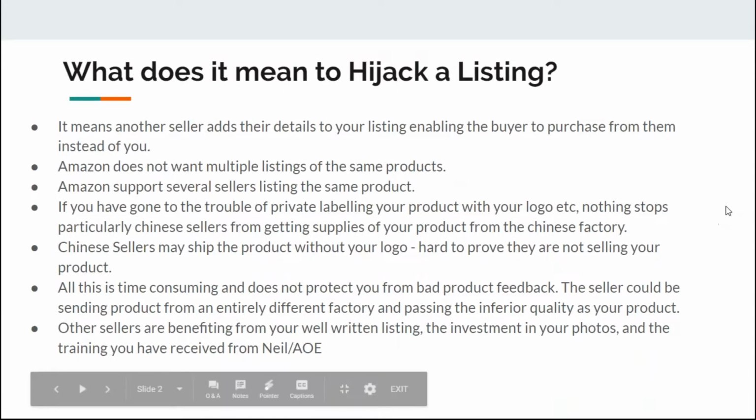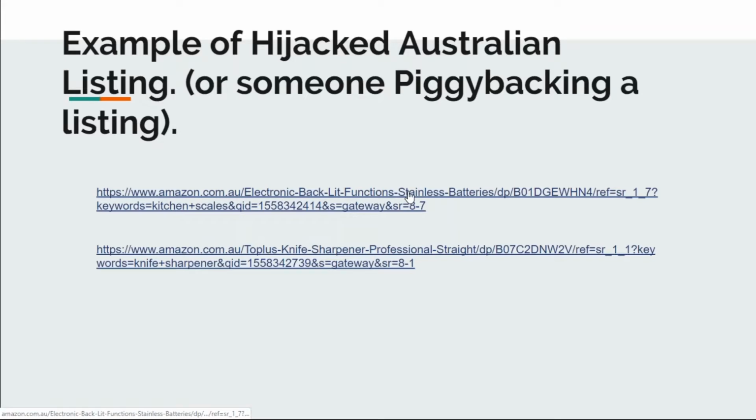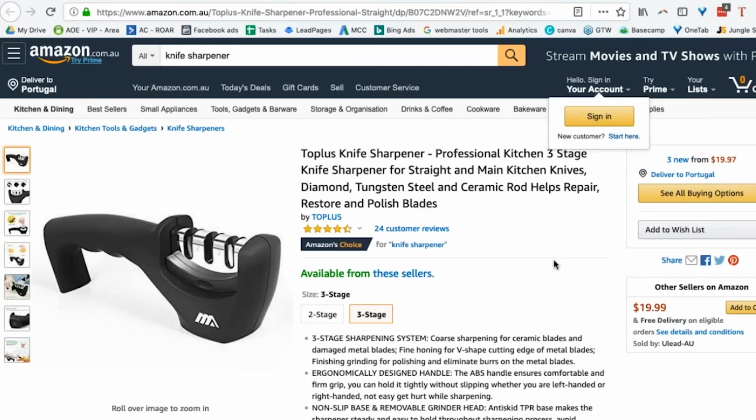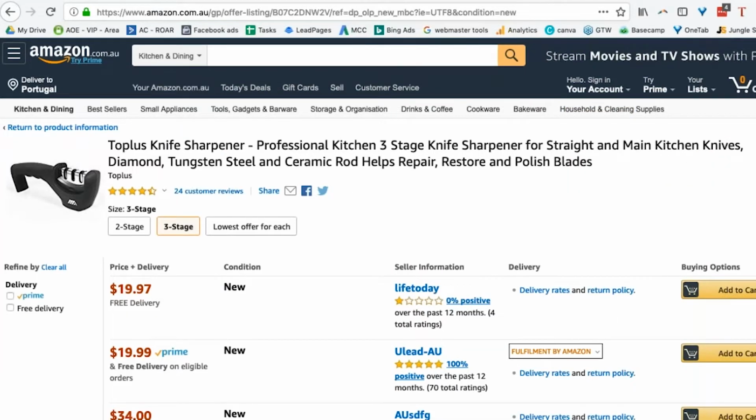So here's an example of a hijacked Australian listing. This is the Amazon choice for knife sharpeners. If we did a search on knife sharpeners, this is number one. It also says that there are 3 other sellers that sell this. So this has got a private label brand on it, but you can see down the bottom, it's got 3 new from $19.97. So normally you would see on the right-hand side where Neil's cursor is that you could buy that, and that you would be winning the buy box if it was sold by, say,